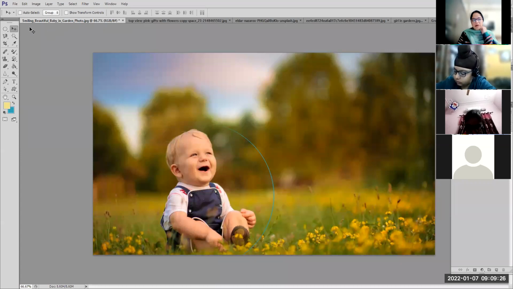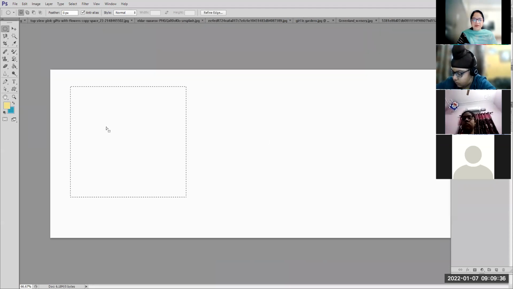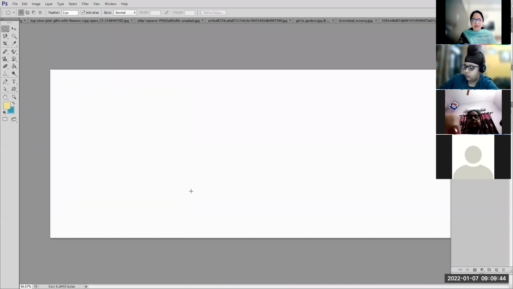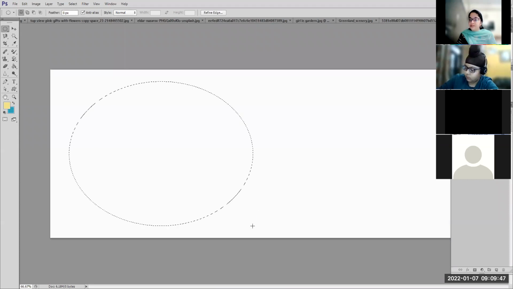Okay. Now, when you click on the selection tool, I told you further options are available on this option bar. If I go to the new blank file and select this area, what can you do more with this selected area? Suppose I have this selected area, मैंने इतना area select कर लिया, that I want to fill with some color, or that I want to fill with some texture, or you can draw with the brush tool. But you want कि मेरा जो brush tool से मैंने drawing करनी है, that should be inside this area only, it should not be outside. So that you can do by using the selection tool.